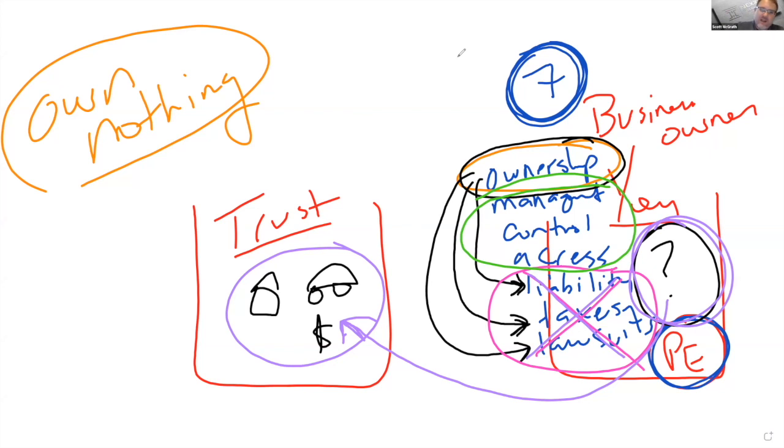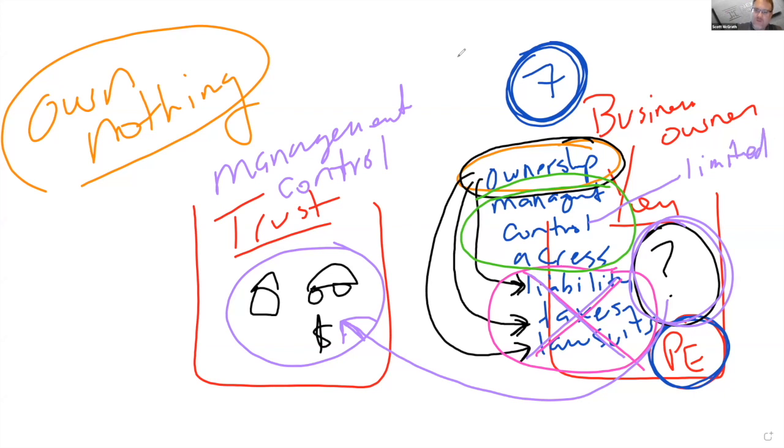But watch this. In the trust, you still have management. You still get to manage the asset. You still have complete control. By the way, over here, this was limited control. So in the personal estate, your control was limited. In the trust estate, your control was complete control. Remember, no one can issue a turnover order and take it from you. So not only can you sell it, that's what control means, being able to buy it or sell it, but no one can take it from you. So management, you get to manage the asset. Control, you get to buy or sell the asset. That means get rid of it, divest yourself of it. But you also have access to it.